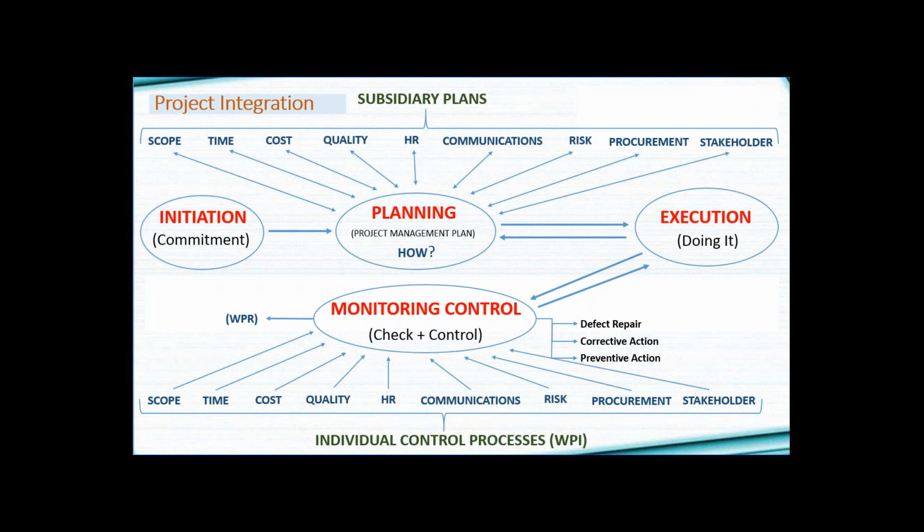And in the work performance report, you analyze and find that something needs to be done. The project is not going the way we want, and that something can be in the form of a corrective action or preventive action. And what happens is that we go back to the change control board with a change request: please allow us to get more time, please allow us to have more cost. The customer is asking for scope modification, please allow us to take up some different people, some new resources. So it is in the form of a change request.